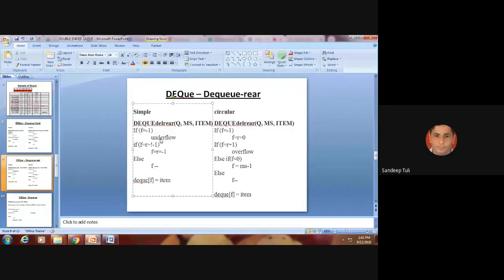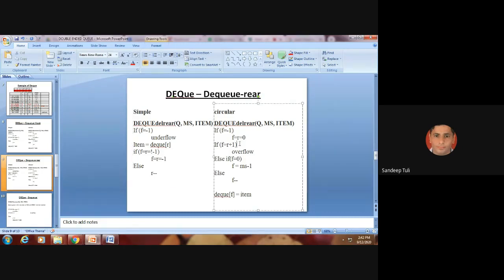Or else deletion at rear: r minus minus. And item equals that element, so we need to save that element before the deletion. That operation will be before the deletion, if underflow is not there.